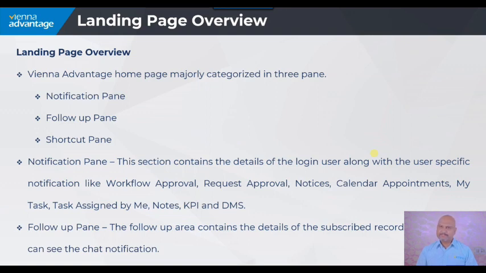Or you can say these are three different panes: the left pane, the right pane, and the center pane. Apart from that, there are many other things available in Vienna Advantage that we need to understand. So in this video, we are going to see what the main components of the Vienna Advantage landing page are. Now, the Vienna Advantage home page or landing page is majorly categorized into three panes: notification pane, follow-up pane,